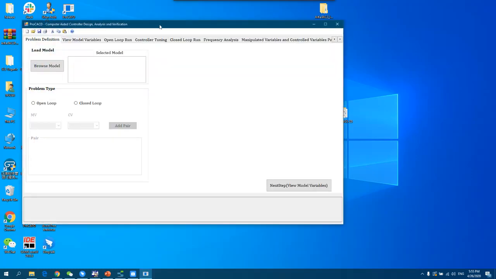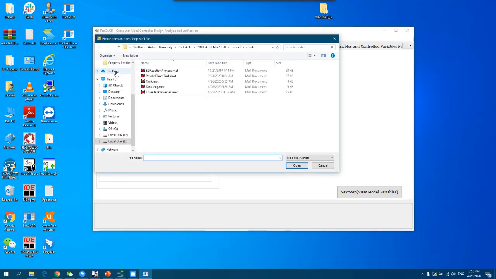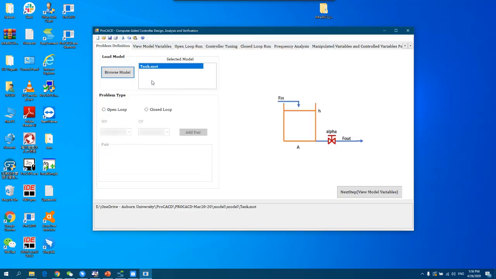So this is the main interface of ProCACD, and you can see it has a tab structure representing the different things you can do. The first and foremost thing is that you need to browse your model, and that's the tank model. First we will do the open loop, and if you select the open loop, it automatically disables other options which are related to your